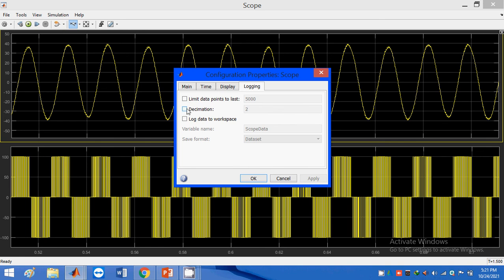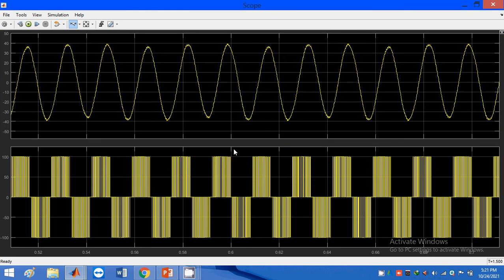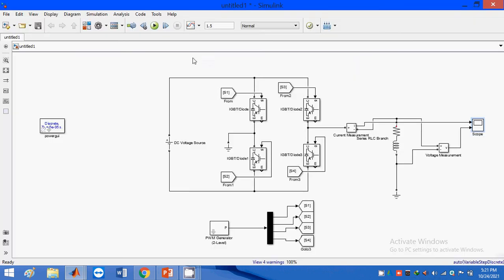Click on this, destination means two waveforms, and scope data will be 1, and save data structure with time. After setting, apply and then run the model again in order to show the THD value of the inverter.